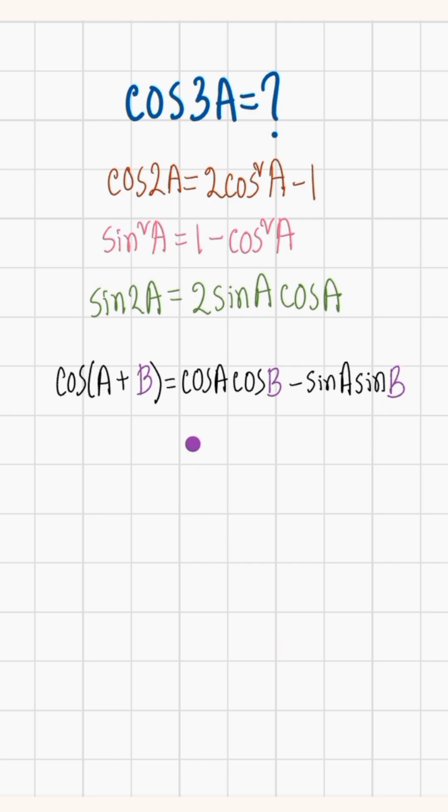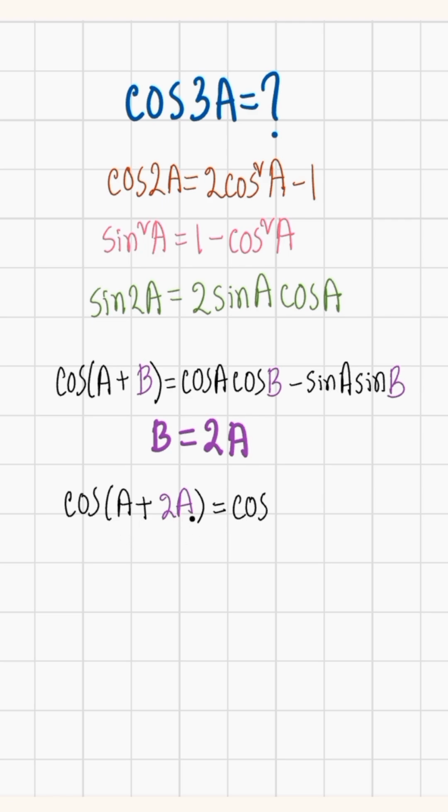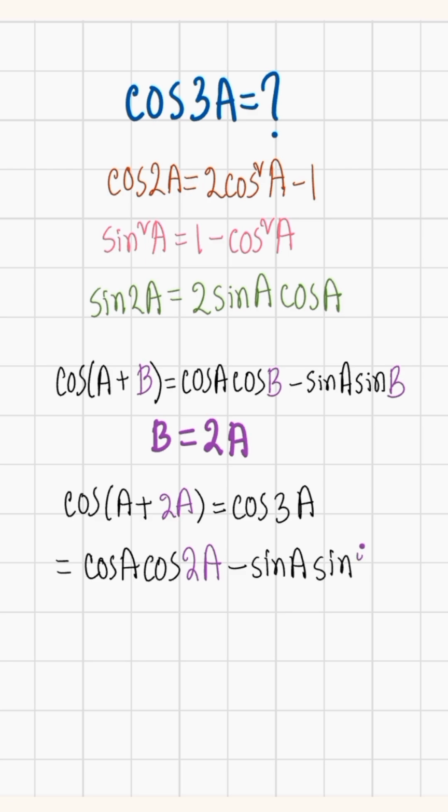এখন cos A plus B এই সূত্রের মধ্যে কোণ B এর জায়গায় কোণ 2A বসাই। তাহলে পাবো cos A plus 2A equals to cos A plus 2A হচ্ছে 3A equals to cos A into cos 2A minus sin A into sin 2A